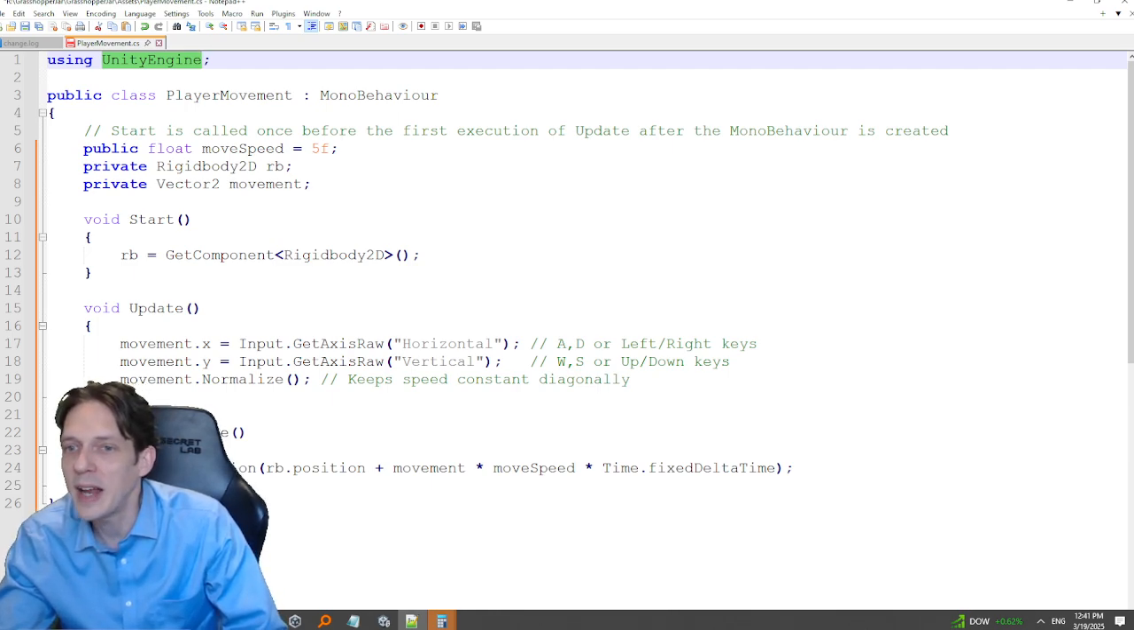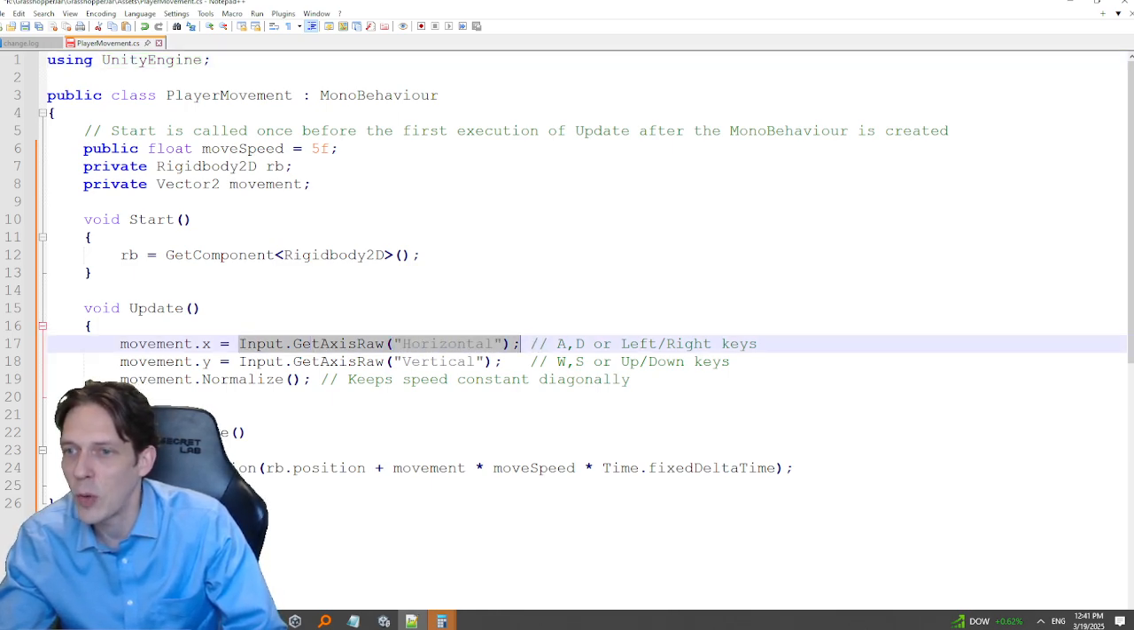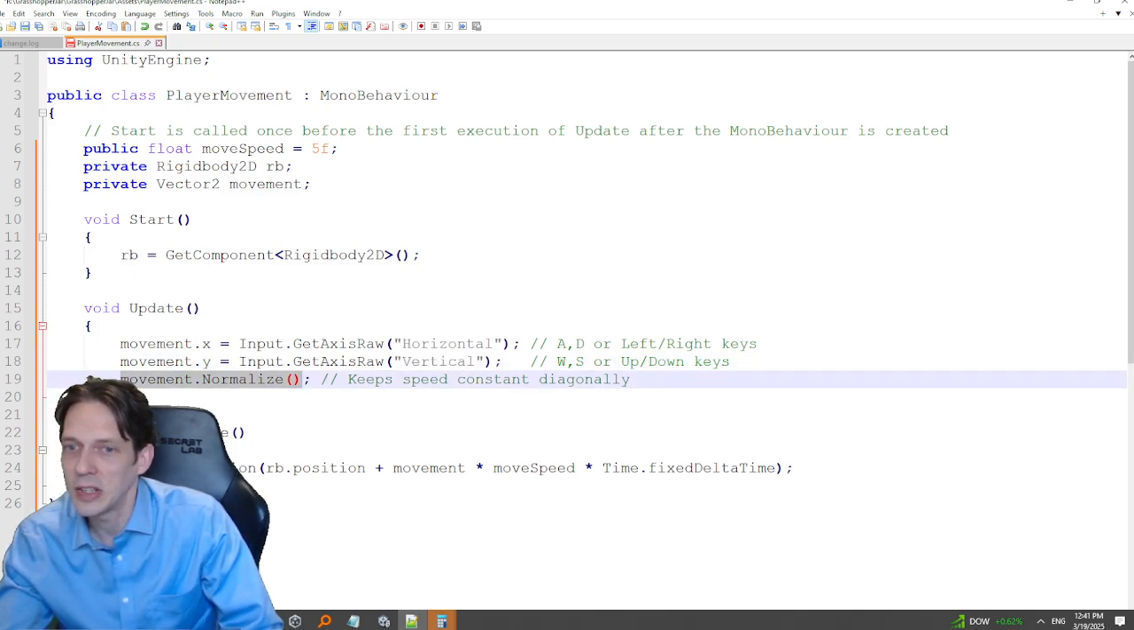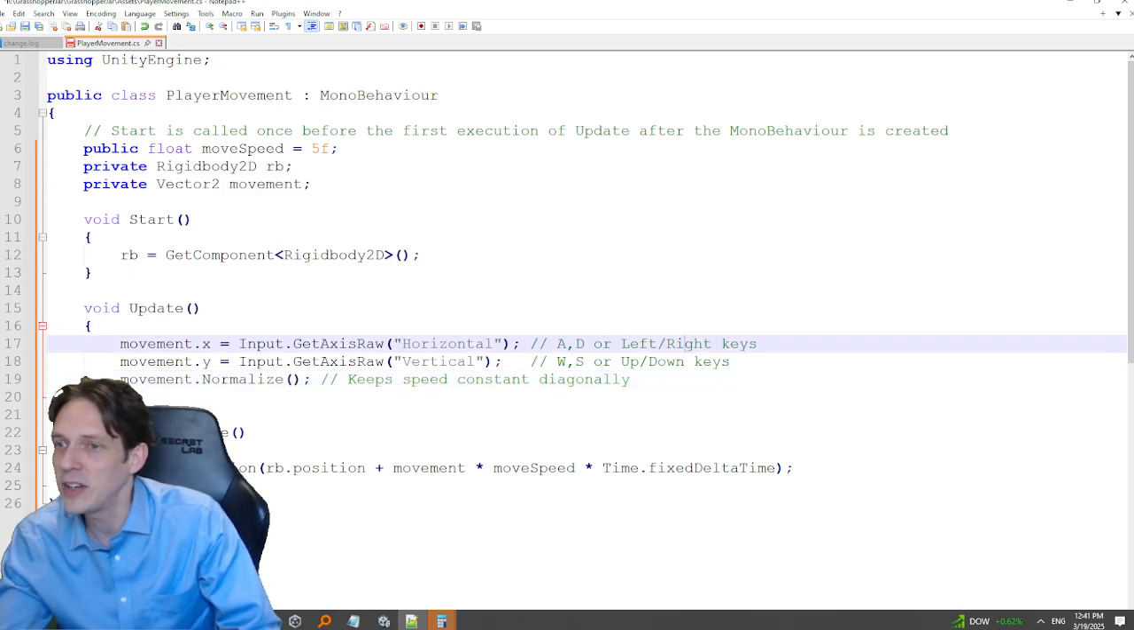Anyway, movement.x is equal to Input.GetAxisRaw("Horizontal"). Movement.y is equal to Input.GetAxisRaw("Vertical"). So it's getting something here and putting it in there. And then it does this normalize. And I'm sure this function is setting the xy value to a different thing over time as this happens. And it's very interesting